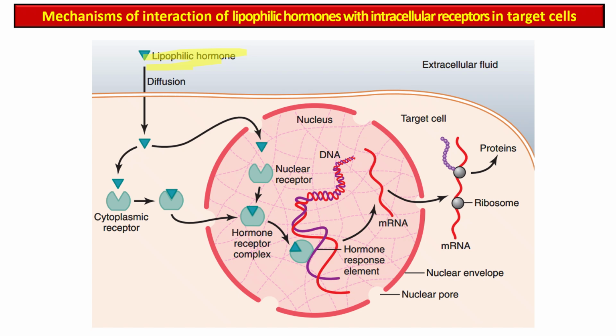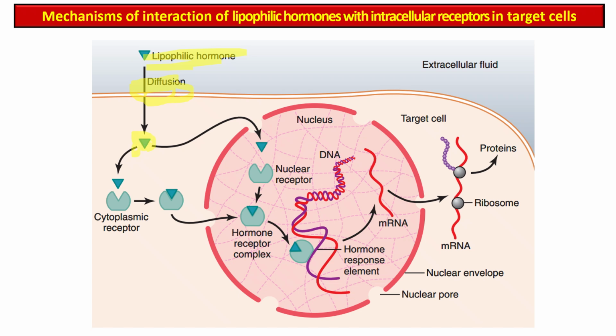These hormones include steroid hormones such as cortisol, estrogen, and testosterone, and also thyroid hormone. So, how does this process occur? The hormone enters the cell by the process of diffusion, this lipophilic hormone, this blue triangle,